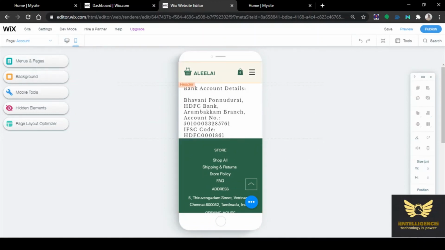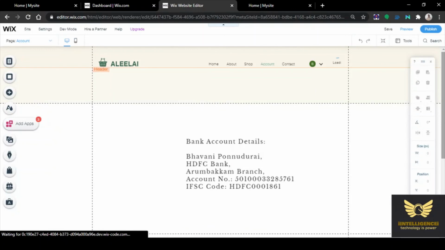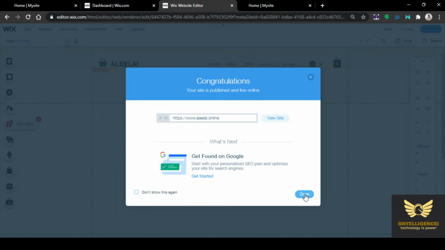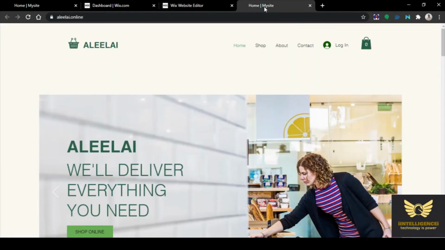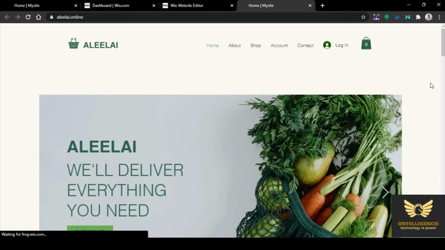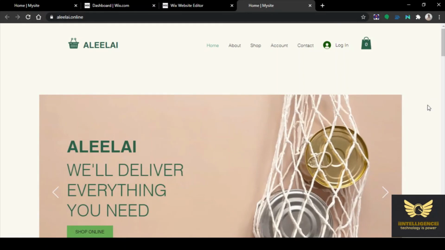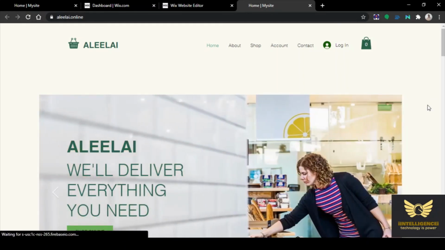Where is the desktop mode? Then click publish. If you have made any changes, click done. Let us refresh it and check. So nice website, nice e-commerce website.